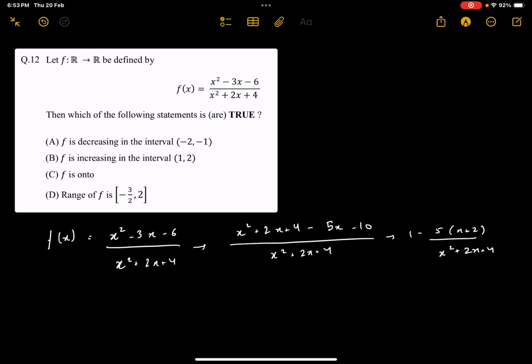Okay, now looking at the options, we need to find the intervals in which it increases or decreases, so we'll differentiate it. So we get f prime x to 5 upon 4, sorry, minus 5 upon plus